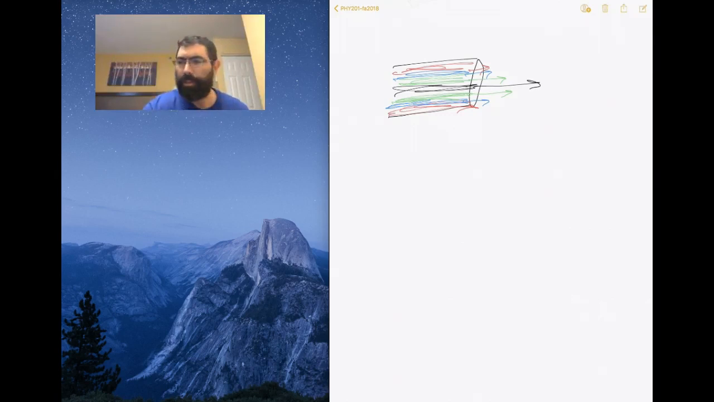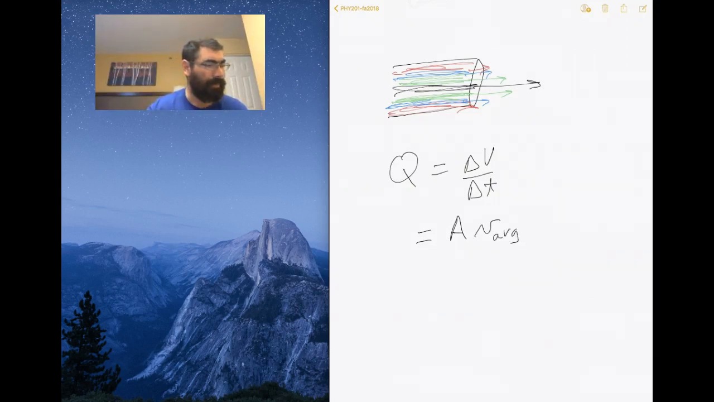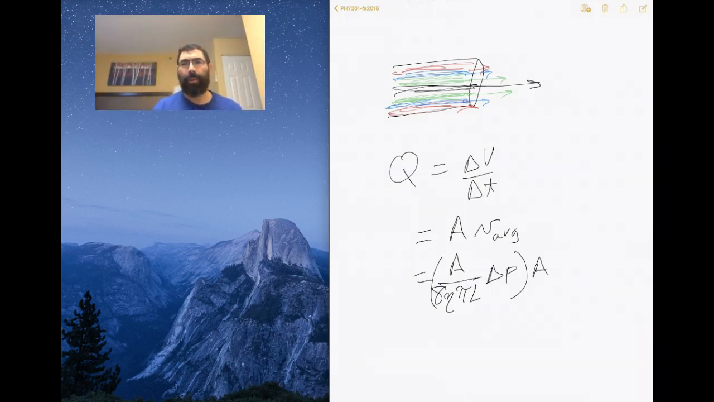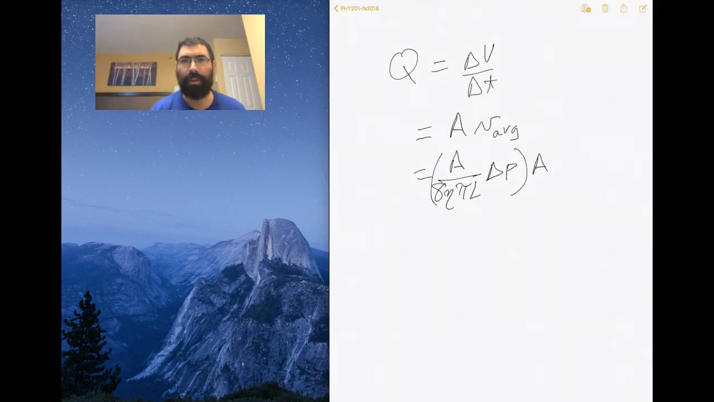Okay, and so if we throw this all together, the volume flow rate, that's delta V over delta T, and the volume I could calculate as the area times the average velocity. My average velocity now, I said, was A divided by the coefficient of viscosity, pi, the length, and then delta P, and all of that times the area. So I throw my equation for the average velocity into my volume flow rate. If my area is a circle, pi r squared, where r is the radius of the pipe, right here, then Q becomes